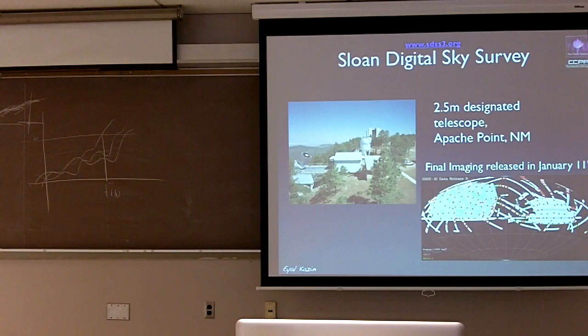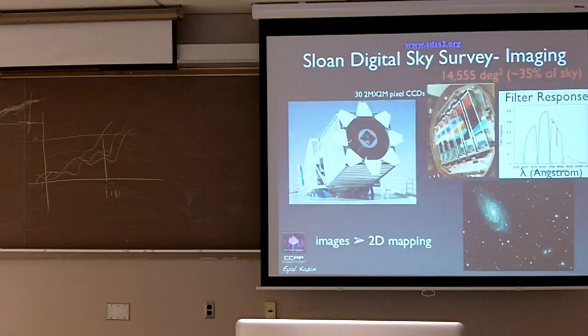Okay, so the Sloan Digital Sky Survey, like I said, is one of the most important sky surveys today. It's based on a 2.5 meter telescope in New Mexico. They currently released their final imaging, after over 10 years, so that's publicly online, and this is what it looks like. So what they did, the first step was they imaged the sky, so that's kind of a blind process, and that gives you, amongst many things, a two-dimensional mapping of the sky.